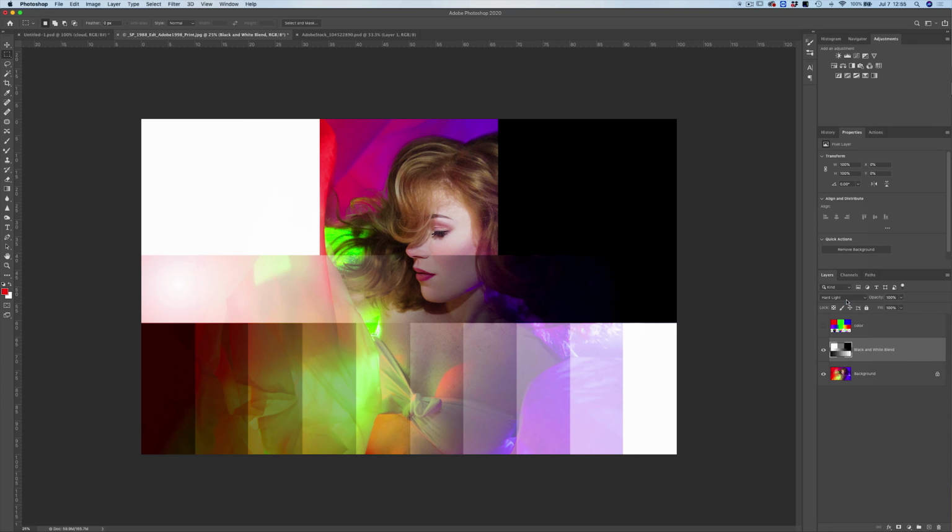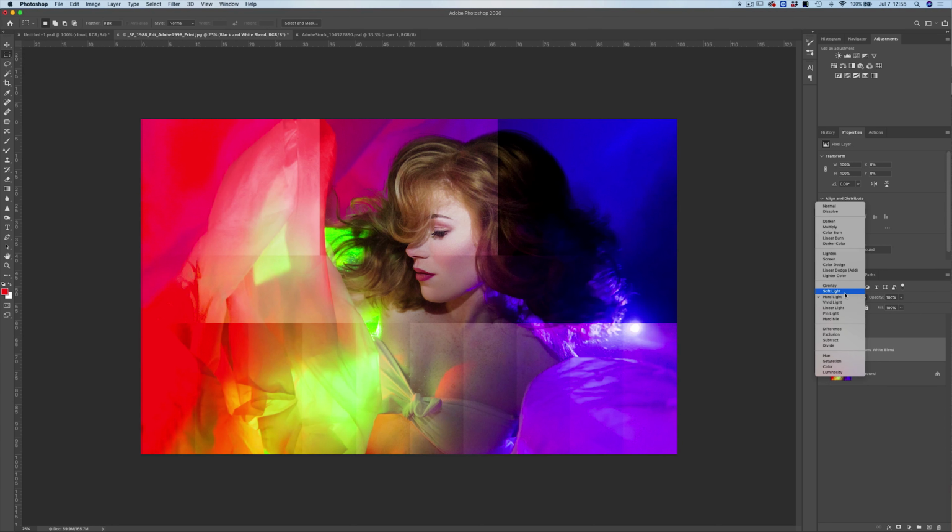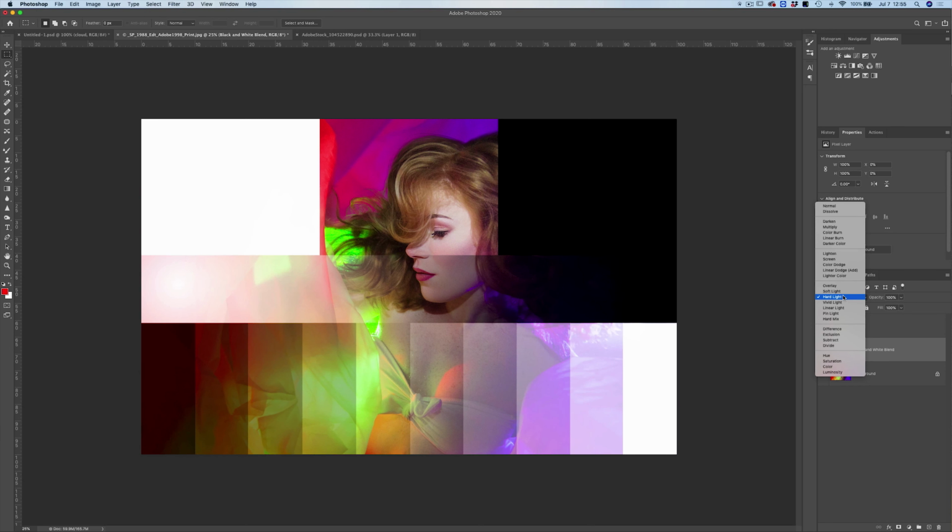After that, we have hard light. Hard light is very similar. It does the same thing as overlay and soft light, but it doesn't look at the background layer. Instead, it takes its information about the brighter pixel or darker pixel from the top layer. So look what happens to our middle 50% gray box here when we are on hard light. You can see that it's still invisible, but the data for blending for the white box and the black box are taken from the top layer, which is our black and white blend layer, and not our background layer.